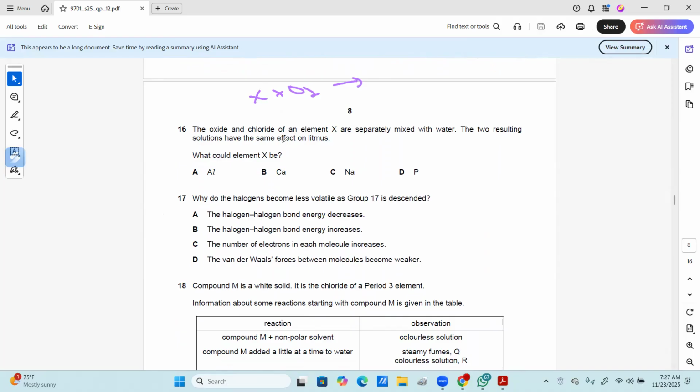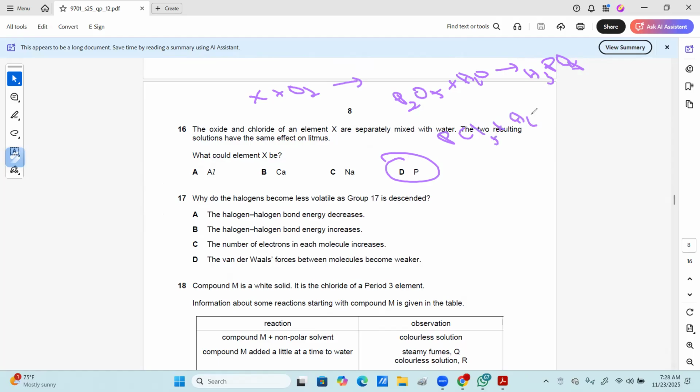So the only correct answer is D, right? Because phosphorus P2O5 with water, you can get H3PO4,